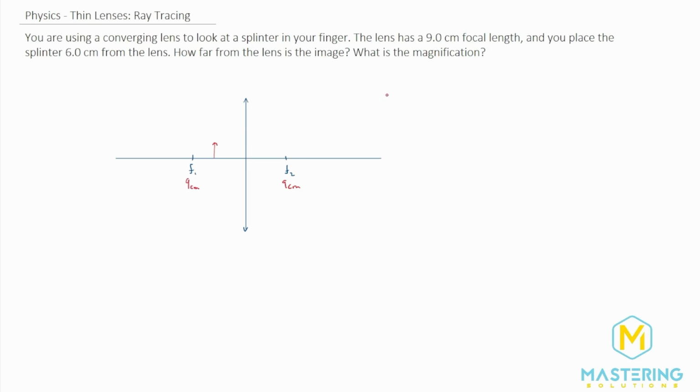Remember, anytime you do a ray tracing, remember three things. We're going to have parallel to the focal point, center of the lens, and then focal point to parallel. If you remember this, you can get through any ray tracing diagram that you have to draw on a test. And so to do parallel, we're going to start at the top of our object here. When we have collimated or parallel light rays, it will focus by definition through the focal point.